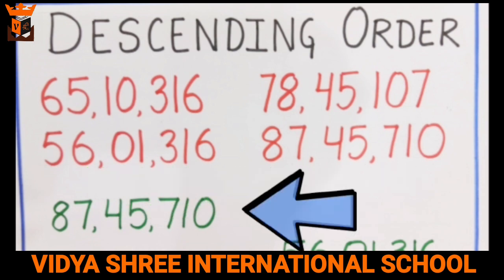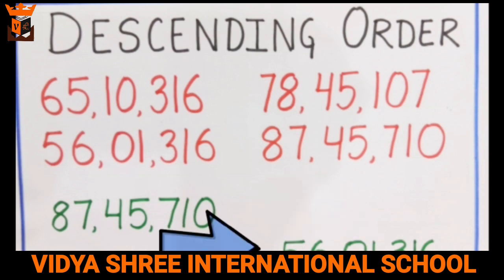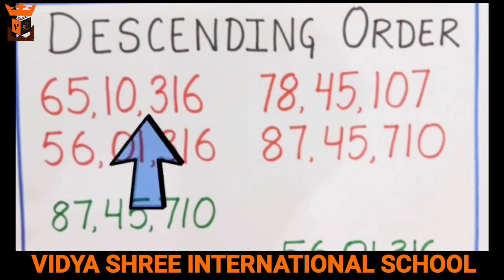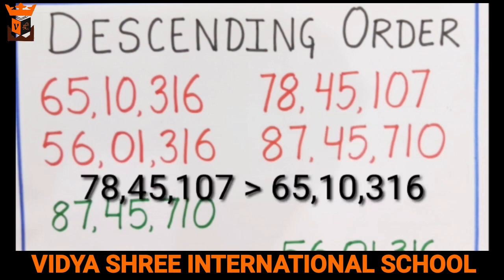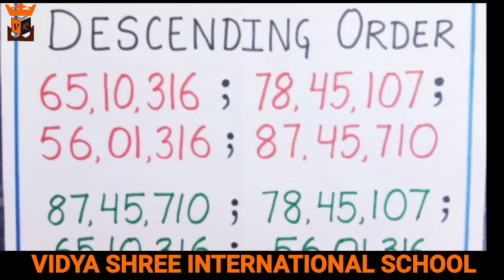Here, the greatest number is 87,45,710 and the smallest number is 56,01,316. Now only 2 numbers are left, that is 65,10,316 and 78,45,107. So easily you can identify that 78,45,107 is greater than 65,10,316. So the descending order will be like this: